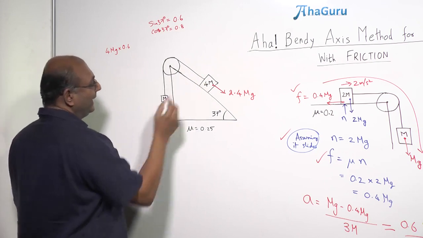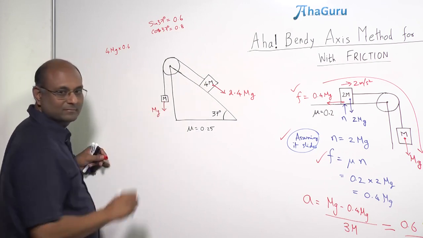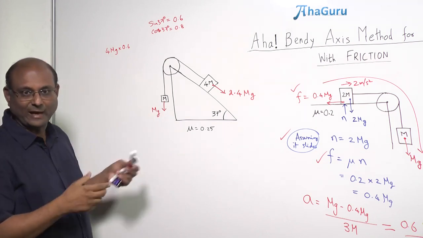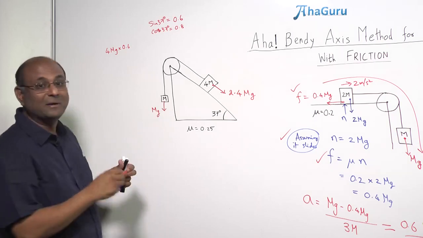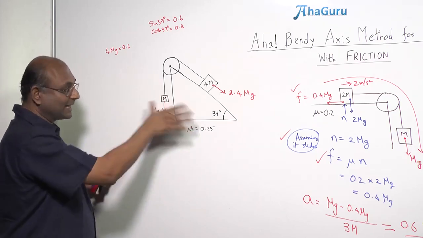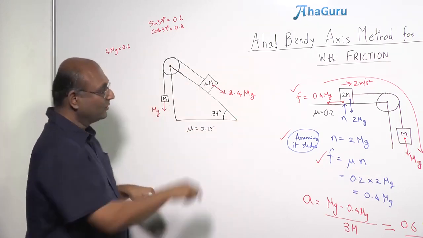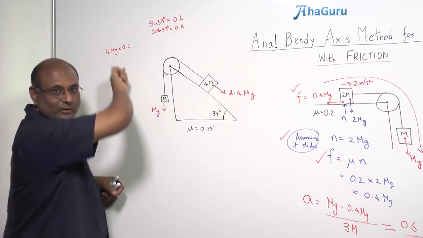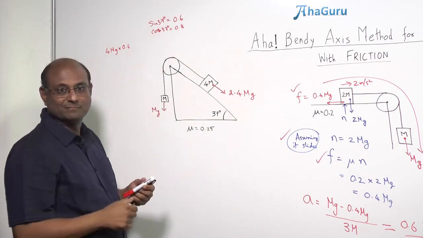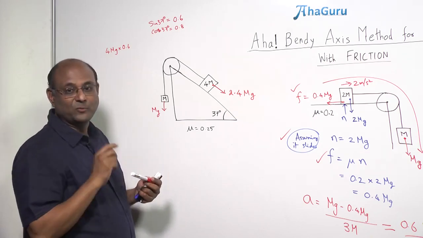Right? And what about this force? mg. But there is a friction force. Right? I need to therefore calculate what is the friction force. But if there was a friction force, which direction do you think it will be in? Assuming it starts from rest, which direction will it move? Well, if there was no friction, it's going to move like that. Why? 2.4 mg, mg. So it's going to move like that. Now, because it's going to move like that, friction force will be this way. What will be its value? If it is sliding, its value will be mu N.